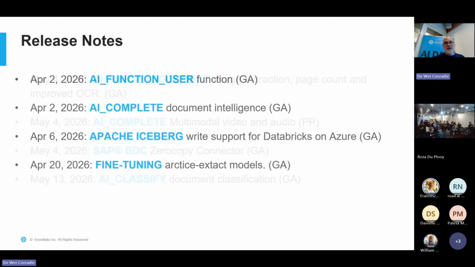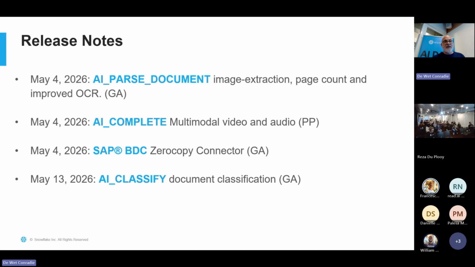That's cool. And then there are loads of other innovations around AI Parse Document, which is another feature that allows you to take PDFs and extract information from them, images and text, and parse them out into content that you can then analyze later on. Another feature they released with the AI Complete function is the ability to analyze video. You can upload a video and extract information about what brands are in there, what people were saying, how many people were in it; basically prompt engineer your way to extracting some data